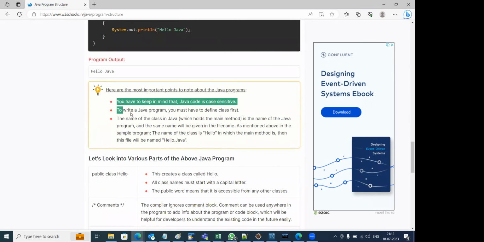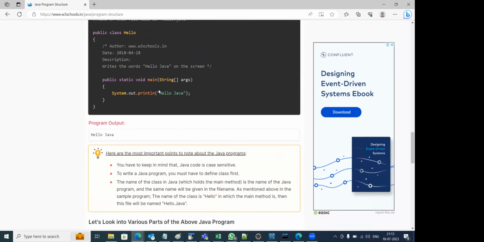Then there are a few keywords that we need to take care of, we need to remember. You have to keep in mind that Java code is case sensitive, and just keep this in mind, guys. It is case sensitive. See,